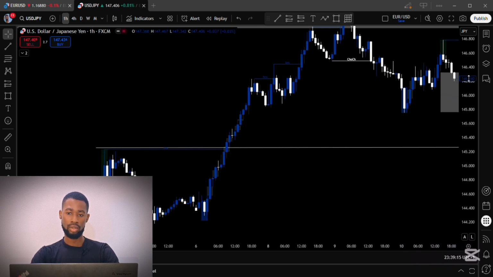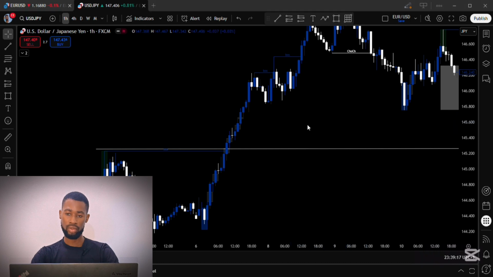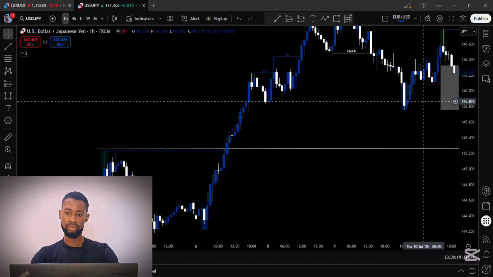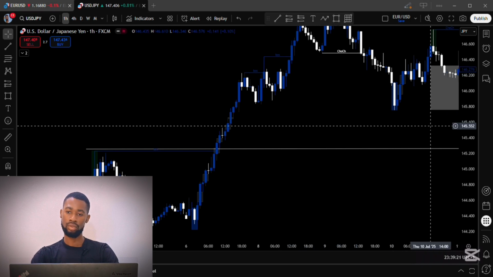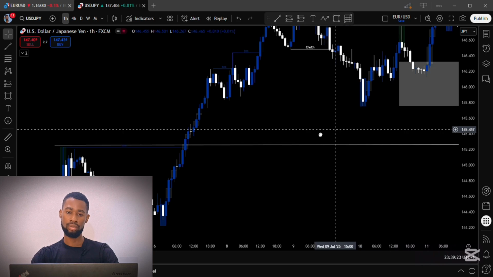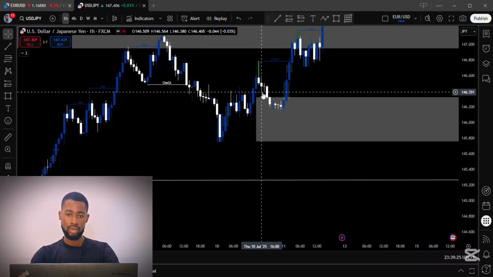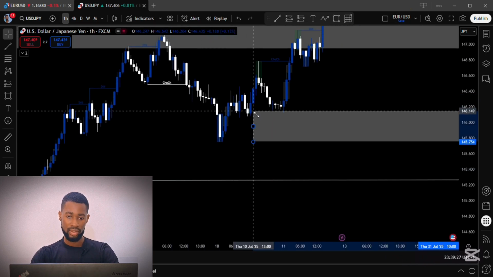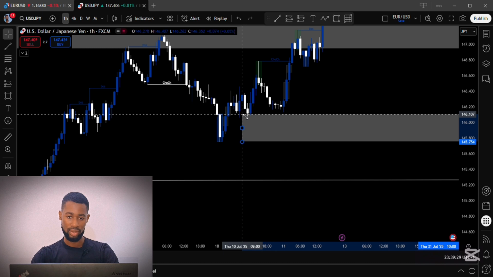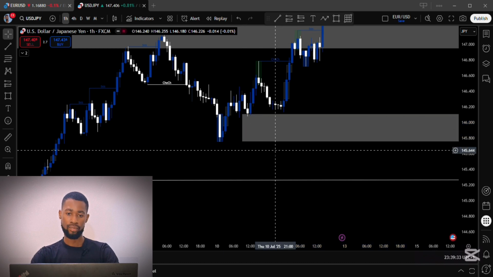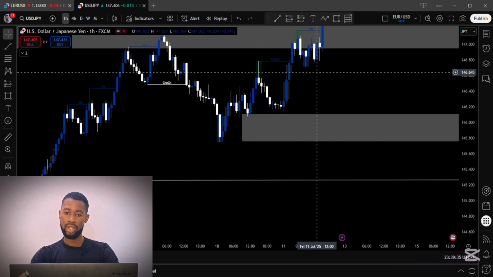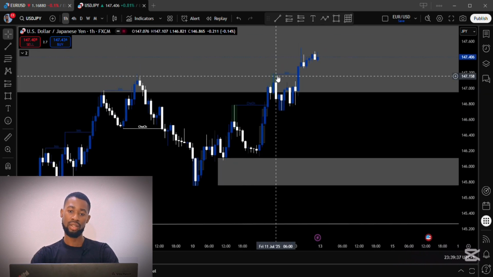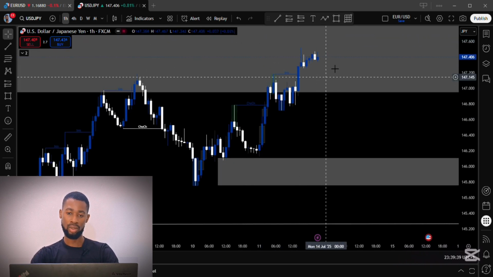Okay, beautiful. So now we have this demand zone here. This is it here on the 1 hour. Good. So now this is a breaker, this is a breaker, we still keep going up, but we are inside